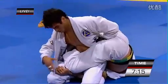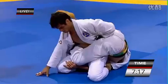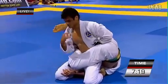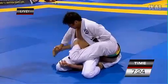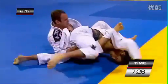What does Kron need to do to kind of get out of this? Kron needs to sit up, keep his posture, and see if he can open those legs. See if he can uncross the legs somehow. It's not going to be easy because it's crossed a little bit behind his back. It looks like